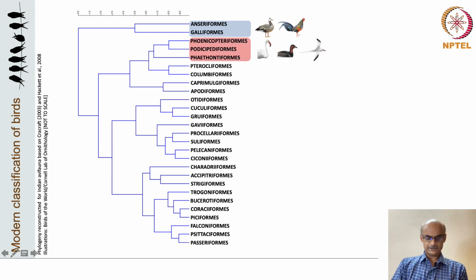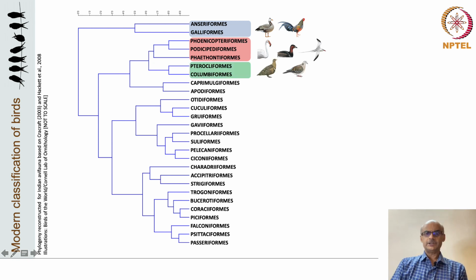So the next clade is composed of three orders: Phoenicopteriformes of flamingos that feed largely in brackish waters, and Podicipediformes with grebes, small to medium sized freshwater birds that often dive into waters for foraging. The third group in this clade is the Phaethontiformes, formed by tropicbirds, small pelagic birds with long tail streamers, often seen along the sea coast immediately after the tropical storms.